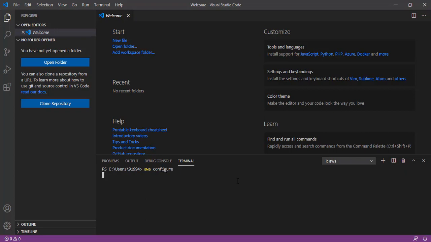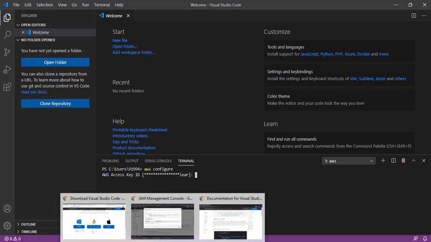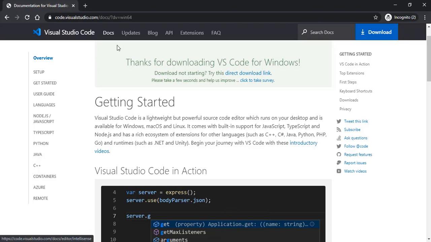Now the next step is I need to configure a user which will communicate from the AWS management console to Terraform and vice versa. For that, we will need to create a user in your AWS account. This is the command we use to configure Terraform along with our AWS console.